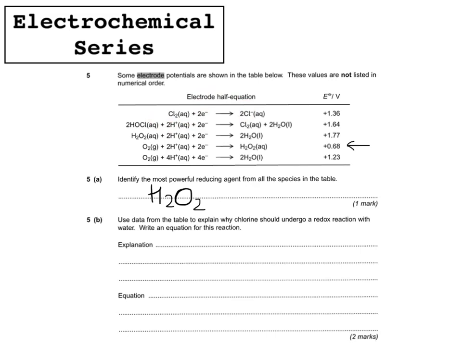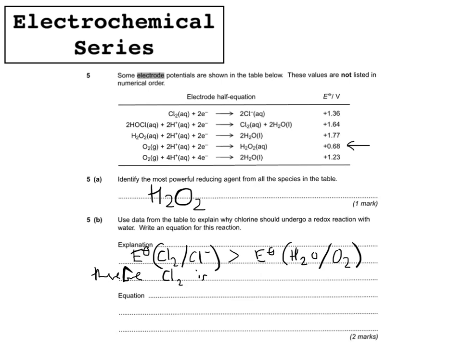To explain why that will happen, all you have to say is that the electrode potential of the Cl2/Cl- electrode is greater than the electrode potential of the water/oxygen electrode. You need to make sure you state what's on both sides of the equation, not just on one of them, because there is more than one electrode you could choose. If it was worth more than one mark, that bit, you'd then say, therefore, chlorine is reduced